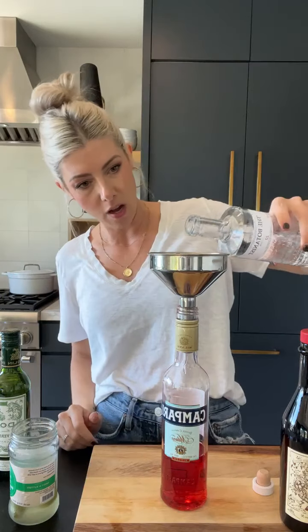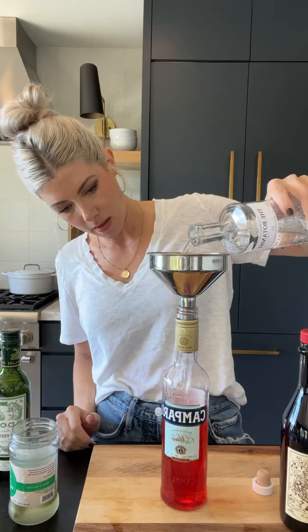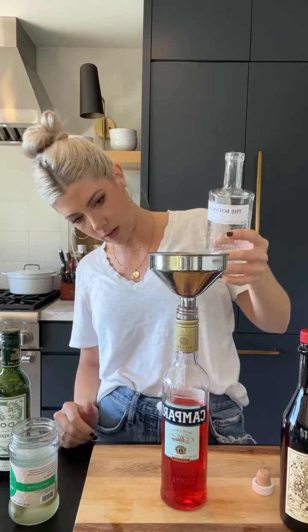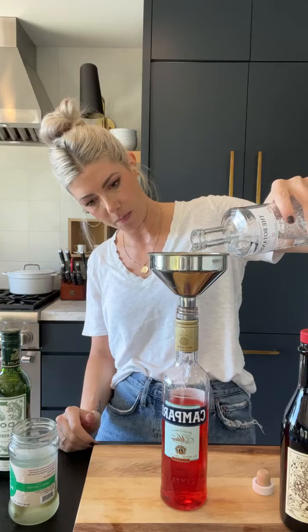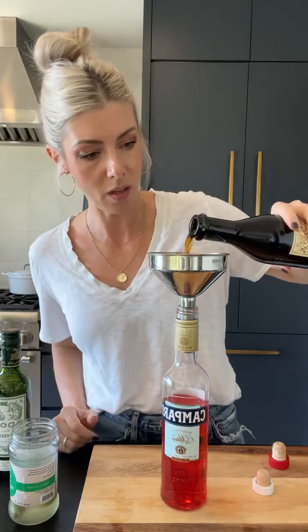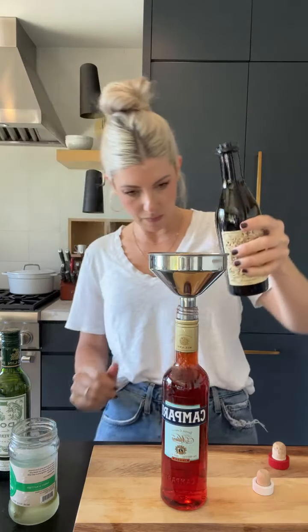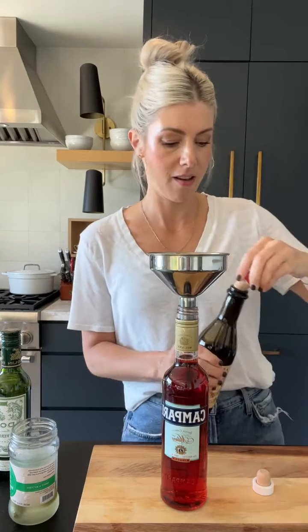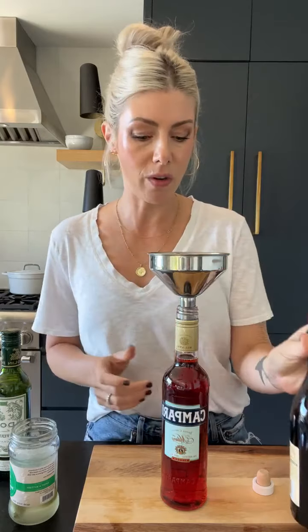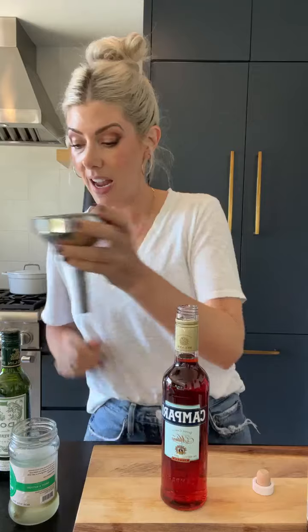So I'm gonna fill this up to about 2/3 with gin. I think that probably looks, yeah, maybe a little bit more. All right, you guys see that there? And then I'm going to fill it up to the top with sweet vermouth. There we go. And then, of course, you can serve this over a big rock of ice